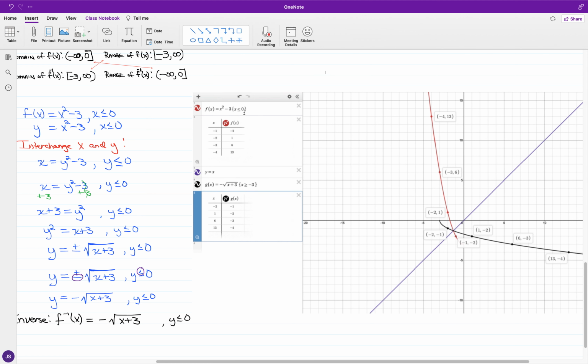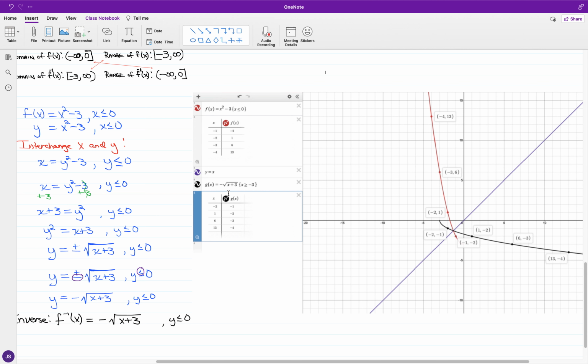that x is less than or equal to 0. So if I had like y is equal to x squared minus 3, I would have had like a parabola that would be mirroring off of the y-axis, where I would be having a mirroring half in correspondence on the other side of the y-axis, but instead I'm looking at just the negative values of x, or values of x less than or equal to 0, and you have among the ordered pairs negative 1, negative 2, negative 3, 6, negative 4, 13, and we have for the inverse, notice again that g of x, or y, is equal to